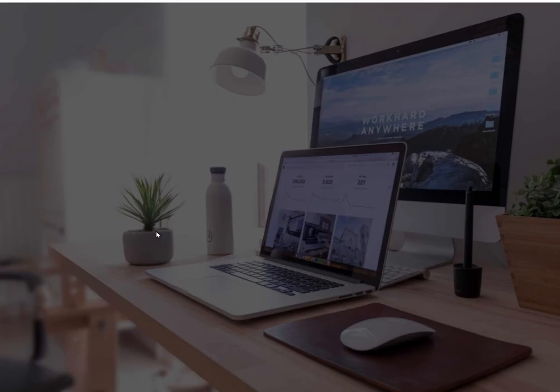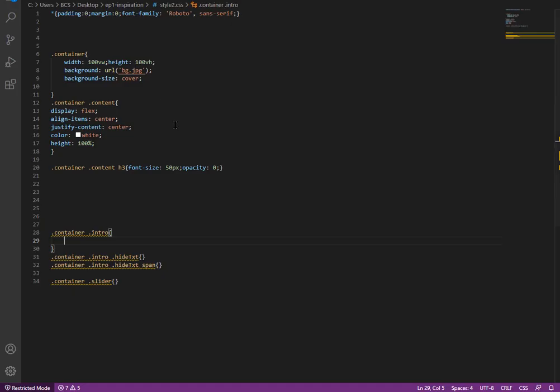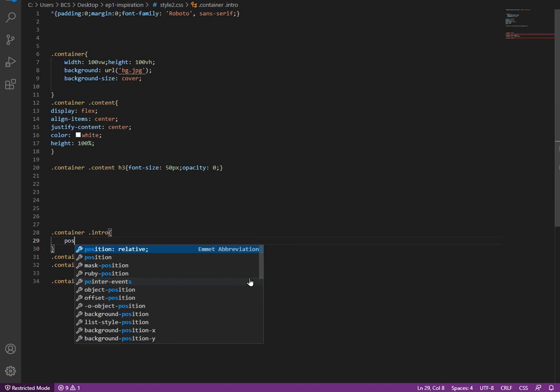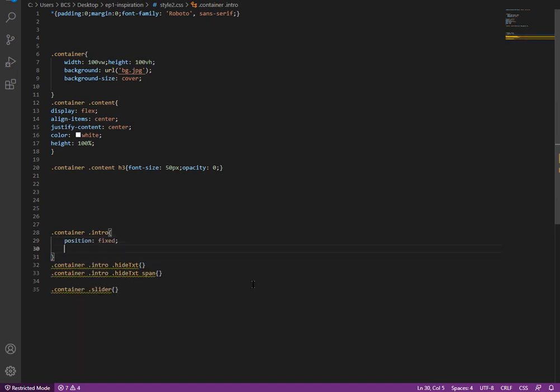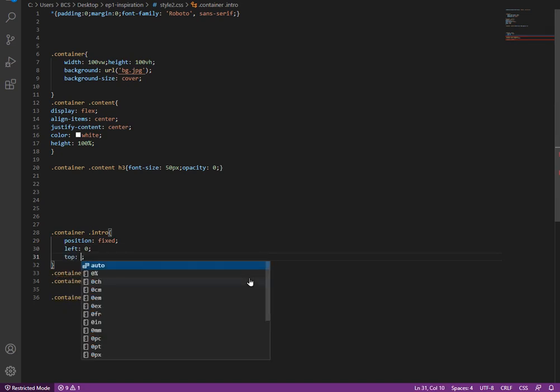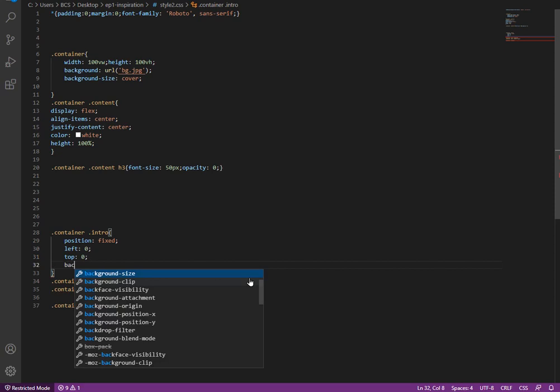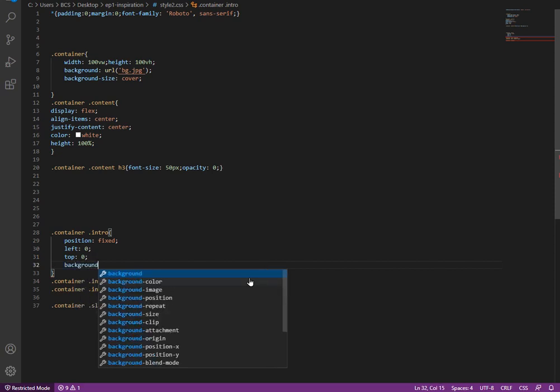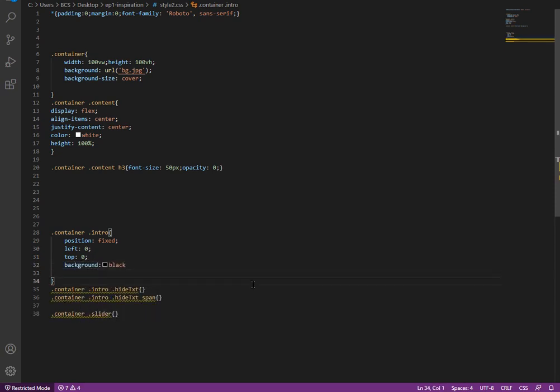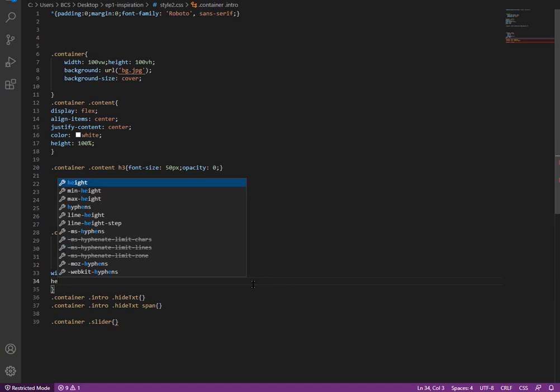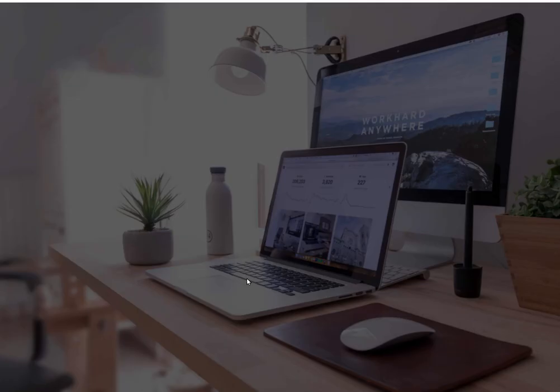So actually display, position fixed, left 0, top 0, background black, width 100% and height 100%. Refresh it.